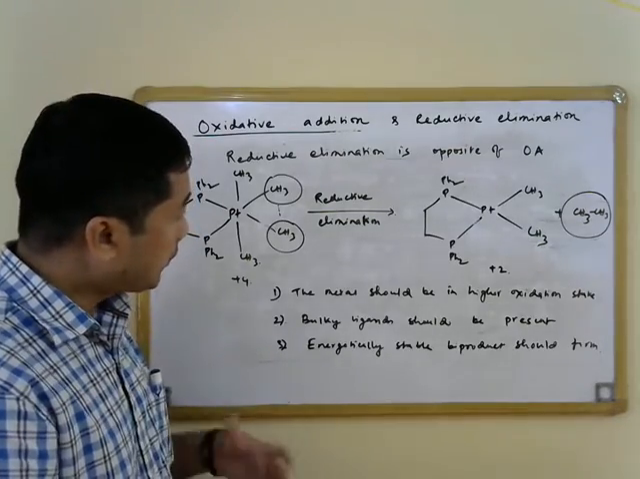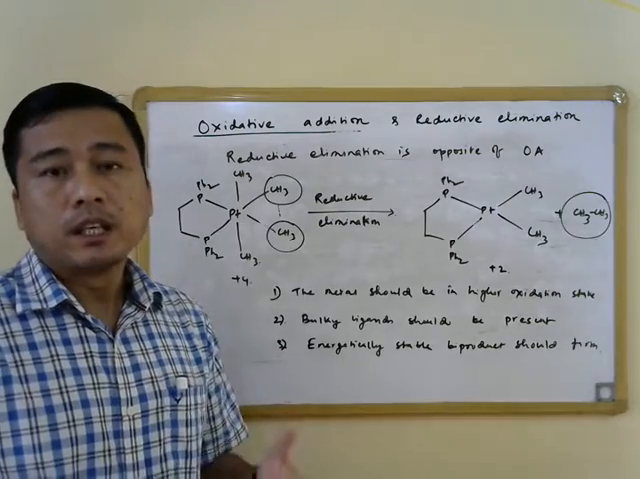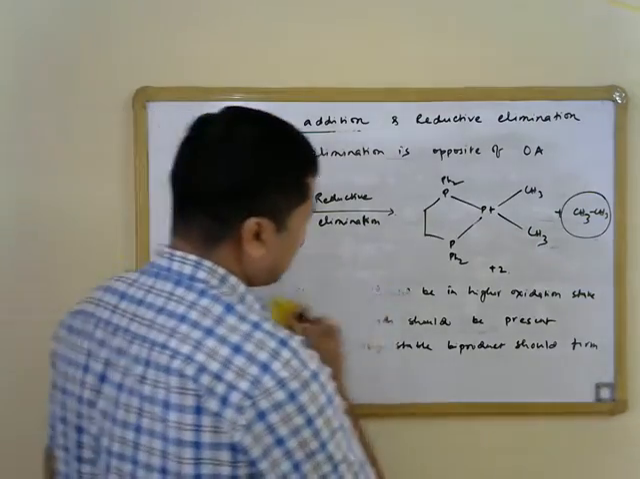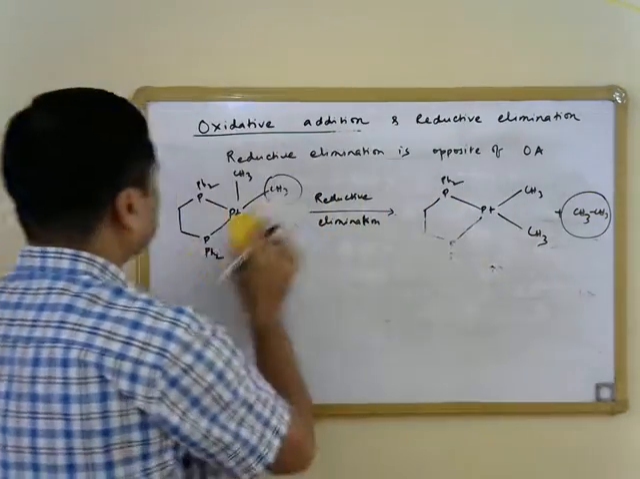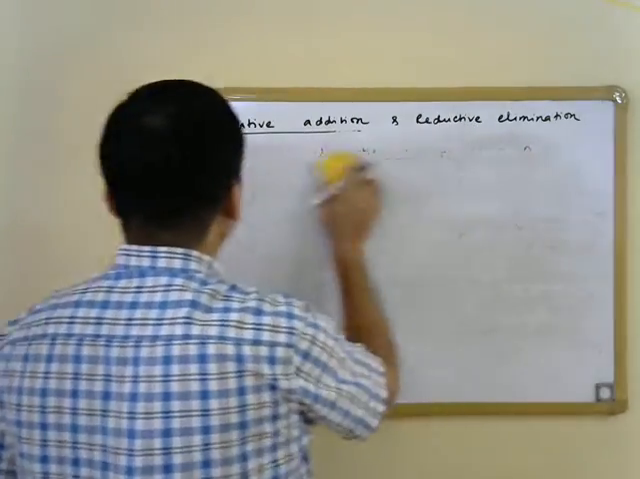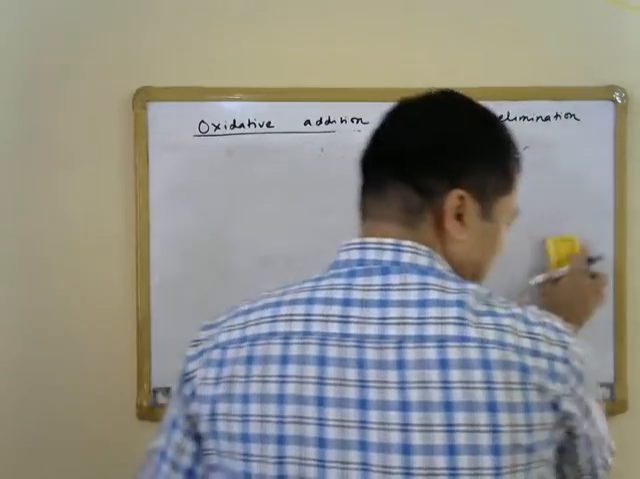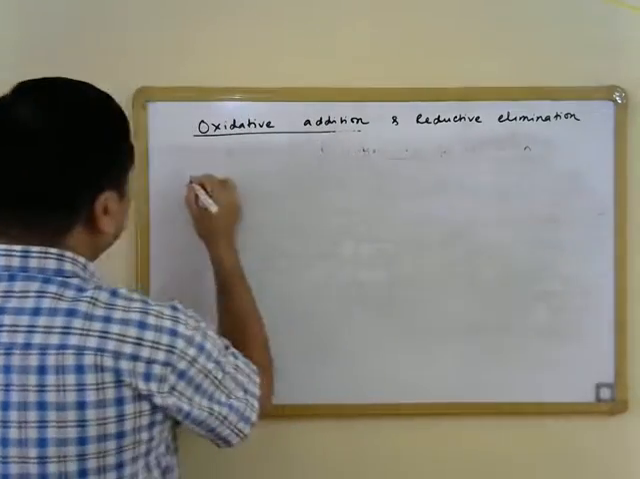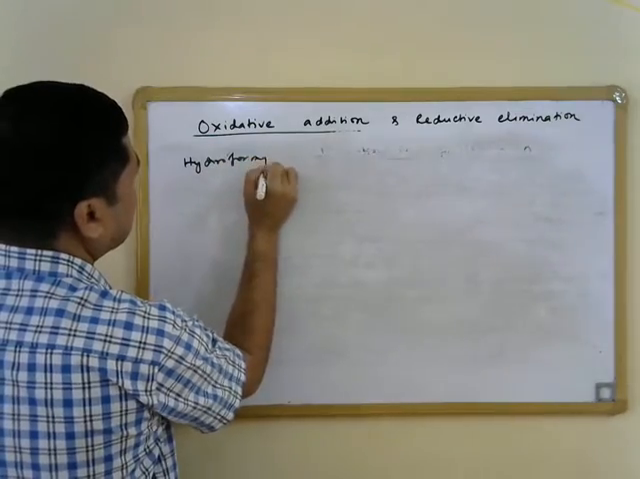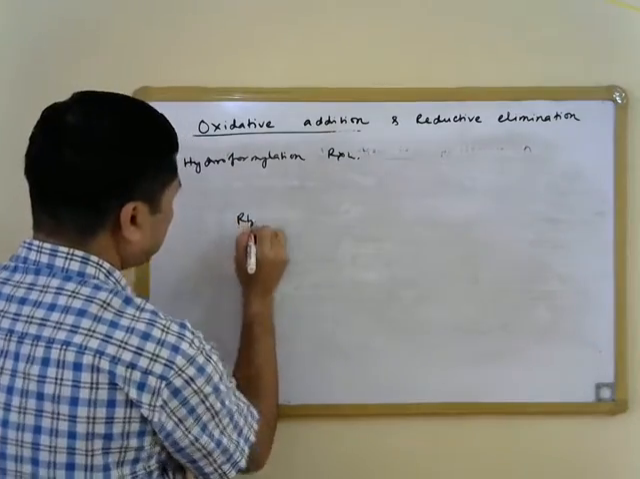Now, the reductive elimination reaction is again a very important step, and this is generally the final step in many catalytic cycles. So we will see some of the catalytic reactions where reductive elimination occurs at the final stage. The first example that we would like to see is the hydroformylation reaction. That is, we have rhodium,